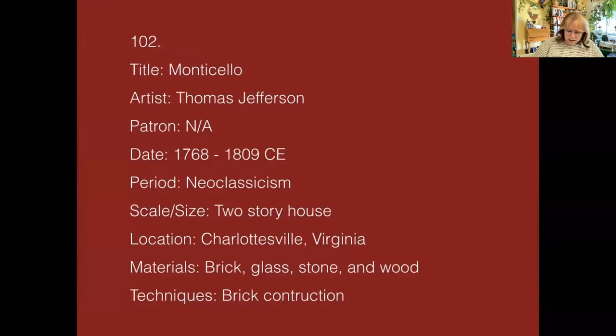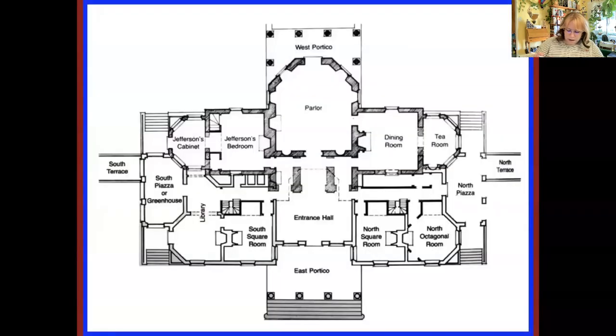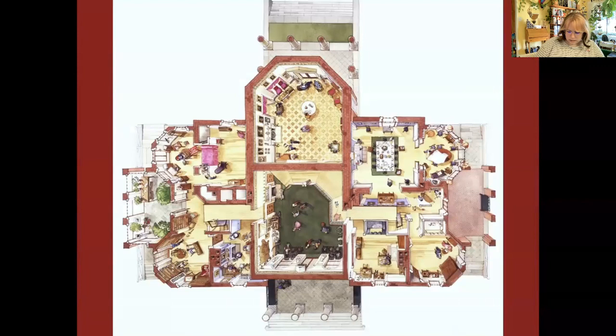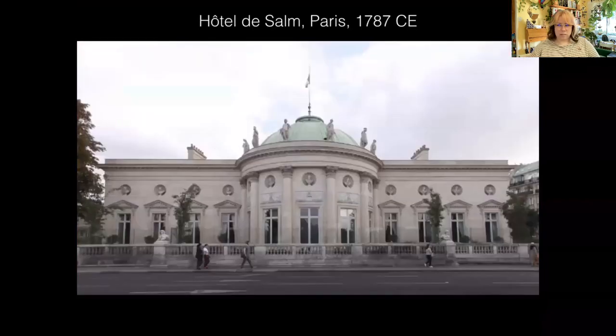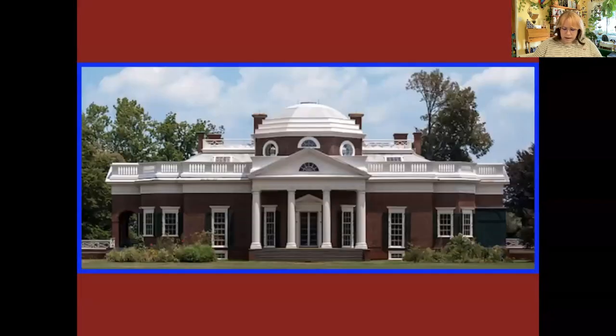So yeah, there's that image. There is a layout. I don't think the layout has the words, but for some reason that's the one I have. So it's a little house. There it is. Really adorable. Okay, so here's the hotel he based it off of. Here's another view of it.